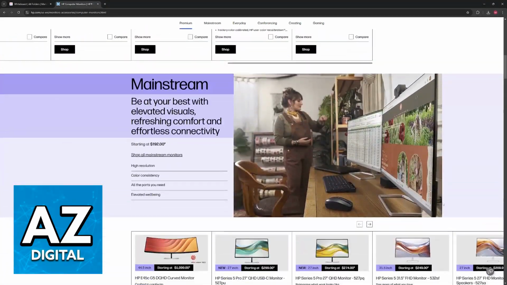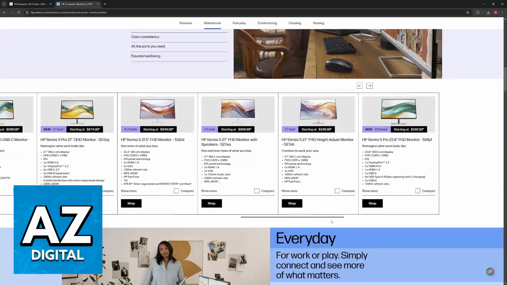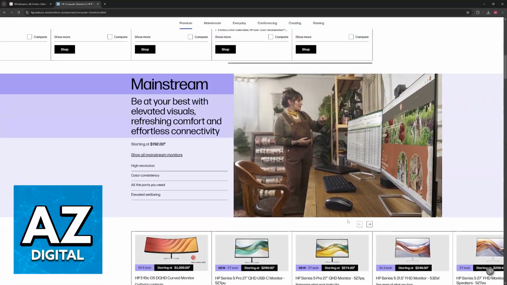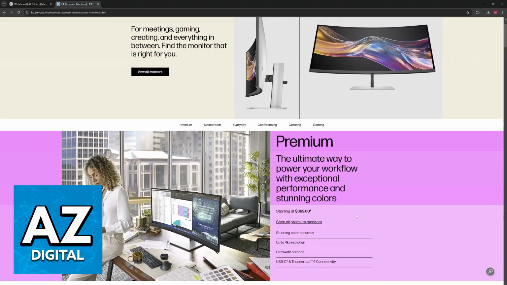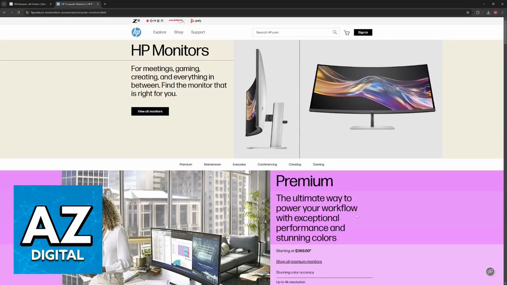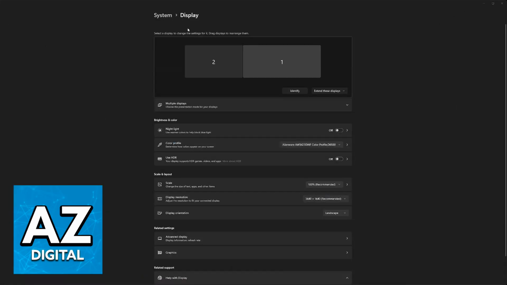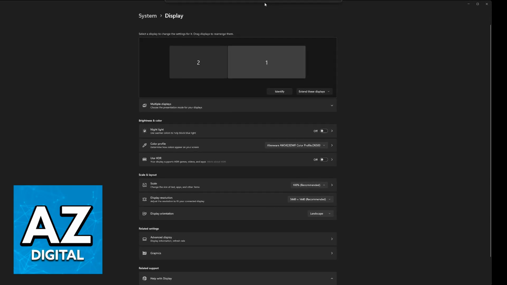So I'm going to teach you how to access the resolution settings on Windows and how you can switch between all of them. Regardless of the monitor type that you have, as long as you are running Windows, even if you have a laptop, you will be able to access them. All that you have to do is go over to the system settings and then choose the display options. You can also right click on the Windows desktop and then select display options from here.